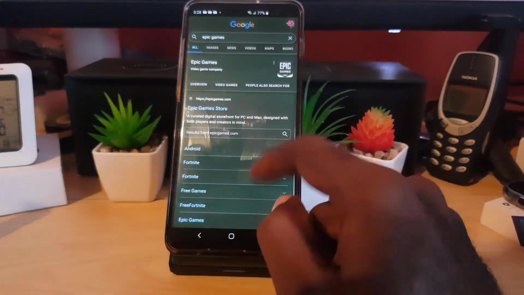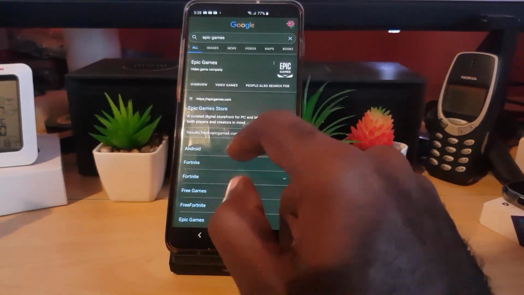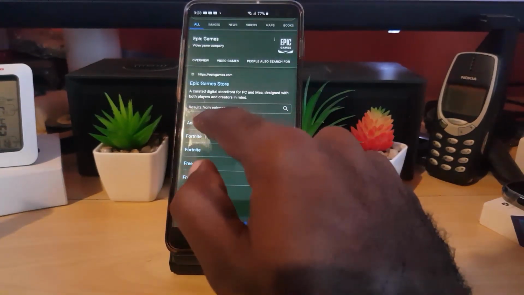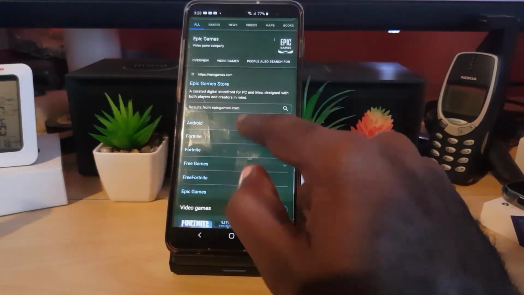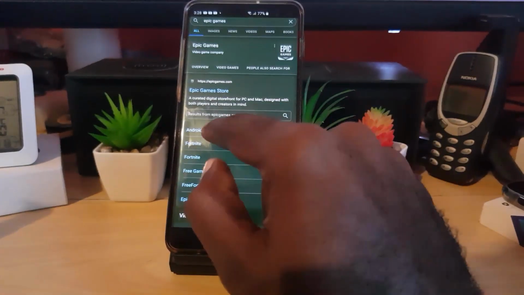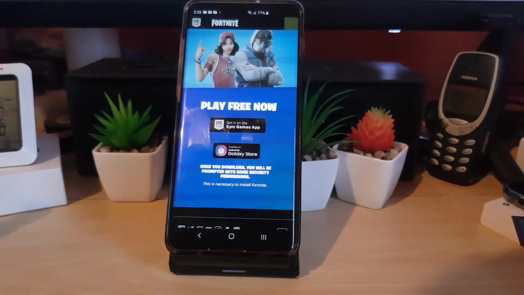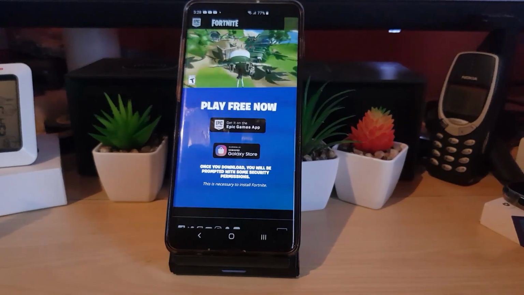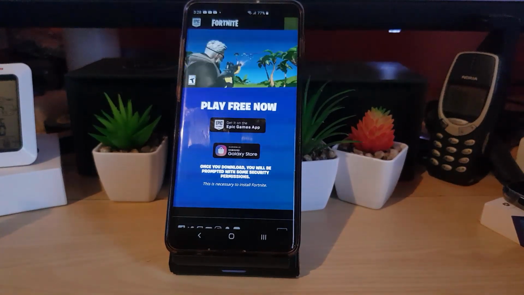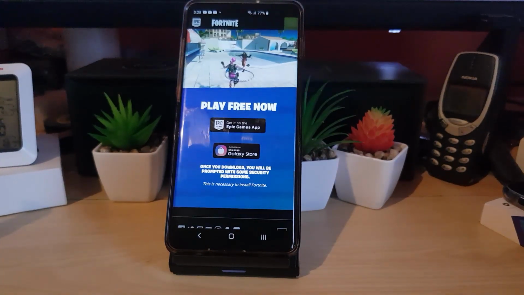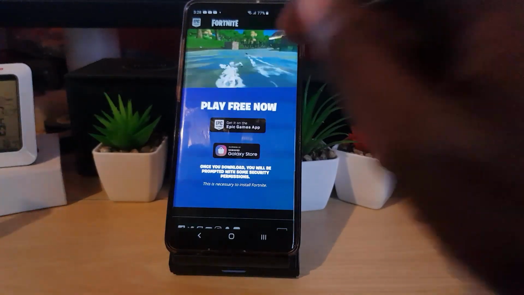So once you have Epic Games here, notice it says Android. Go ahead and click Android. Or you could go on the website and click Android. It will still work. So click Android right here. Alright, so notice you're here now, guys, and there are 2 options given. So all you gotta search for is Epic Games and click on the Android link. This is giving you the options for Android.